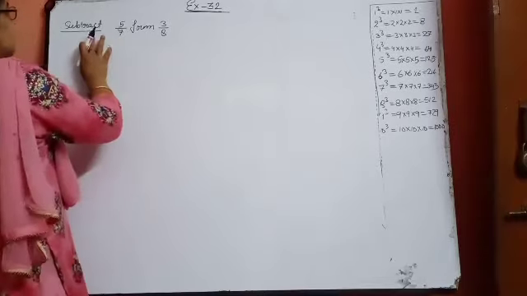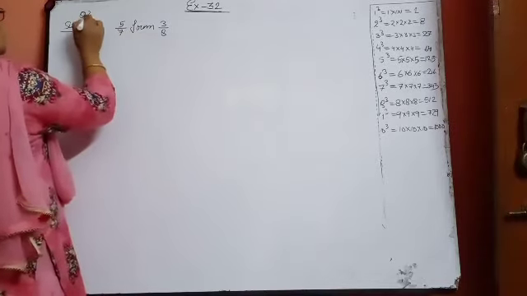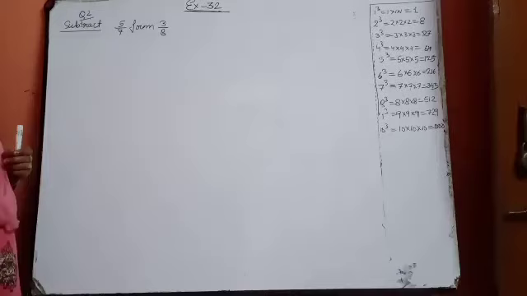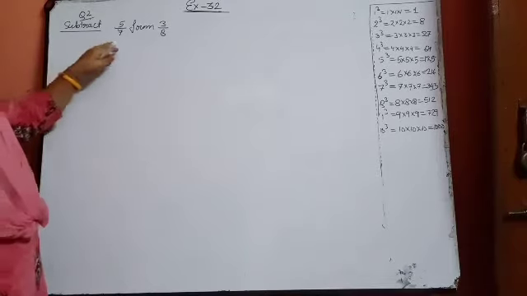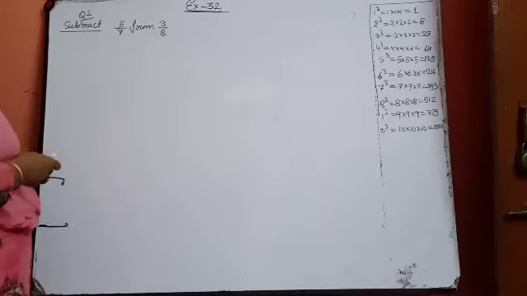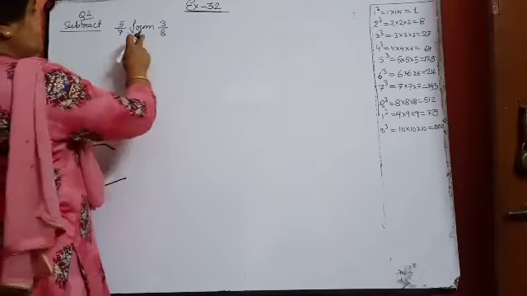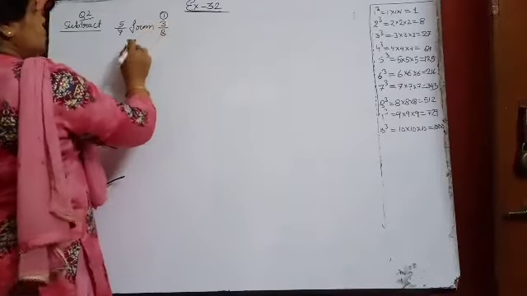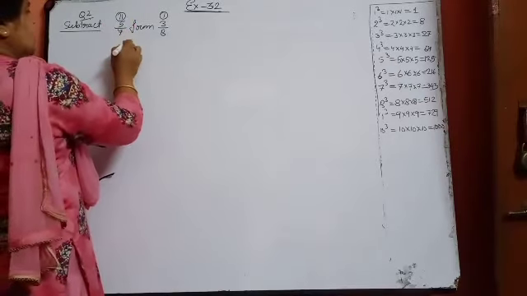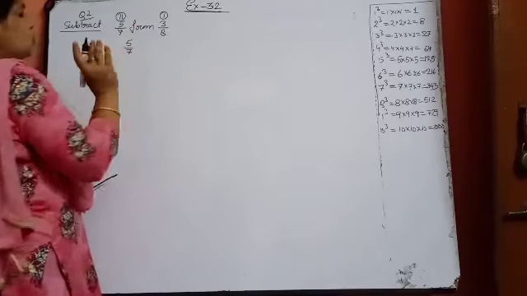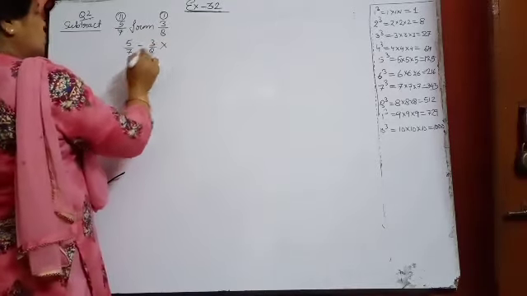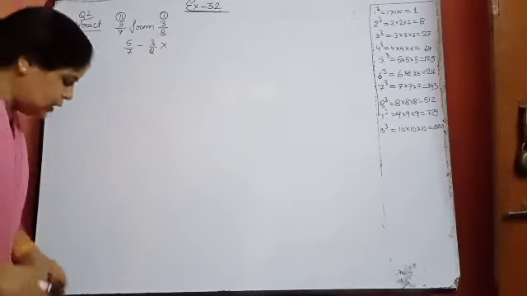Now see that subtract 5 upon 7 from 3 upon 8. This is question number 2. Now see that subtract 5 upon 7 from 3 upon 8. I taught you that whenever the question will be in this form, what you will do, after from, the number always comes in the first position, and the first part will always come in the second position. Many children, after closing their eyes, are not seeing the question, and they are writing minus 3 upon 8. Then this is totally wrong. In this way it cannot be done.